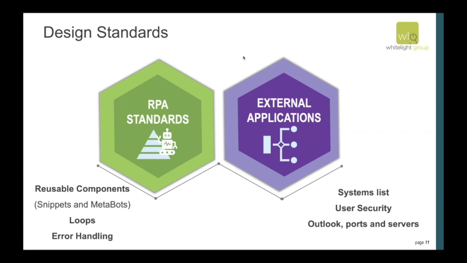Reusable components tend to bring down the effort for building a bot, so the complexity factor goes down the more reusable components you have. A very common reusable component might be, say, of our 20 bots we're building,